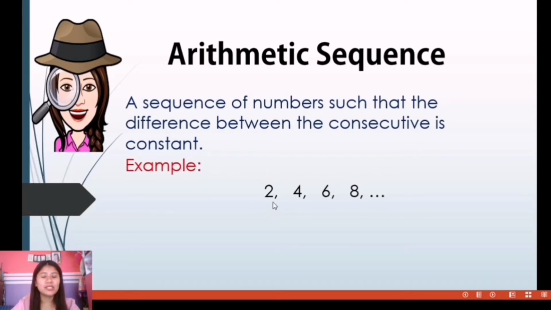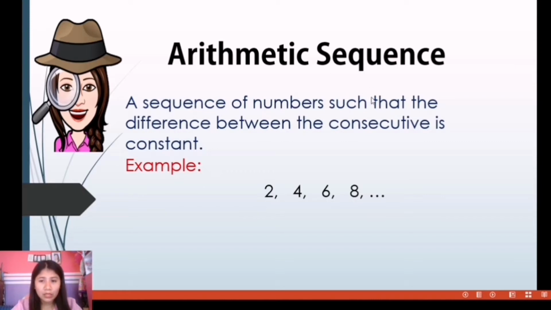So we have a sequence 2, 4, 6, 8, and so on. When we say a sequence, it is a logical pattern or arrangement of values defined by a general term or nth term. Each element in a sequence is what we call a term. So 2 is our first term, 4 is our second term, 6 is our third term, and then 8 is our fourth term. A sequence shows a progression brought about by a common difference between the